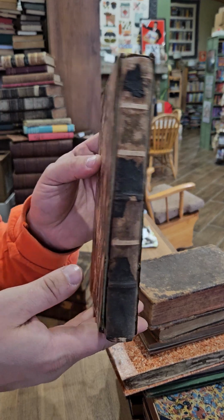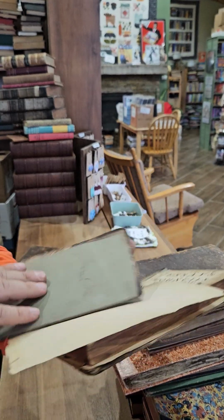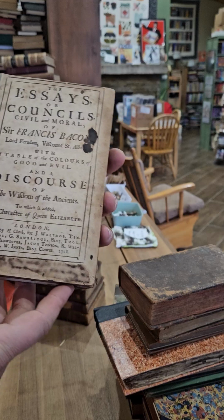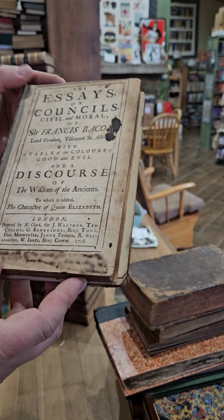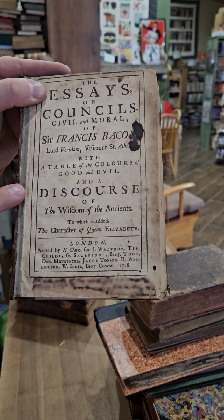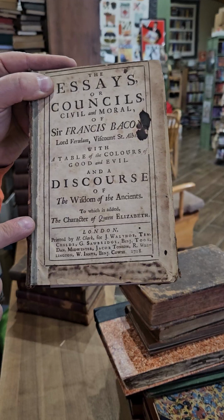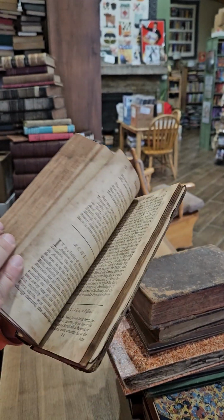This one's kind of rough, but it's an interesting topic. The covers are detached. Maybe some end papers detached or missing. But we have Essays or Counsels, Civil and Moral of Sir Francis Bacon. That one's pretty cool. With the table of the colors of good and evil and a discourse of the wisdom of the ancients, to which is added the character of Queen Elizabeth. That one's published in 1718. So a 1718 book